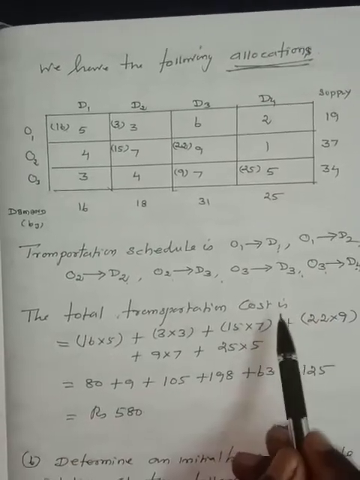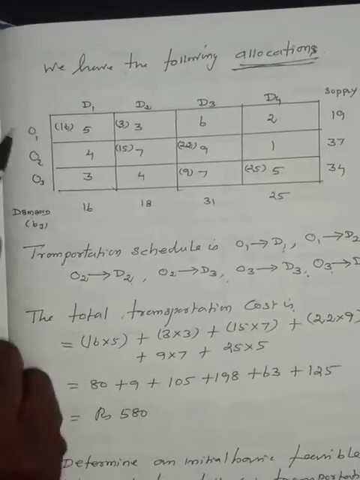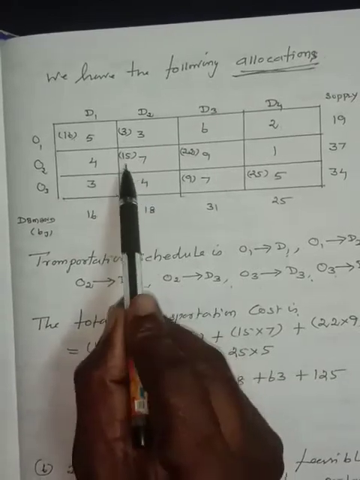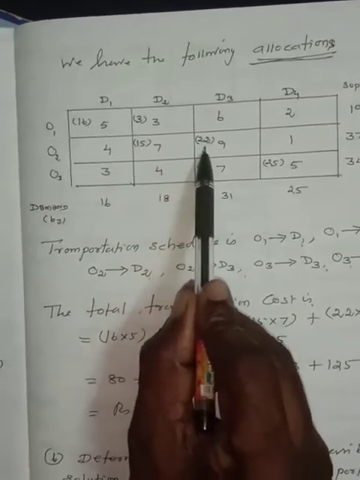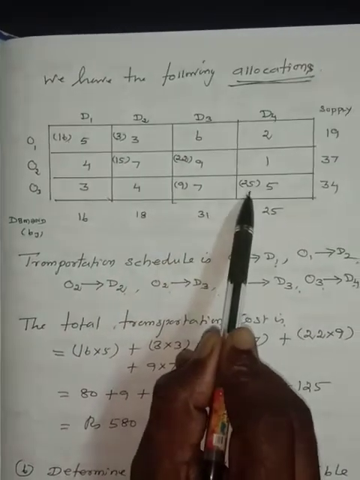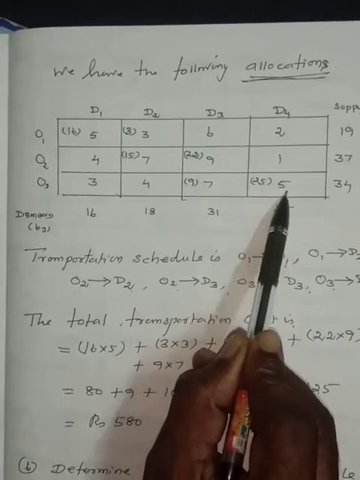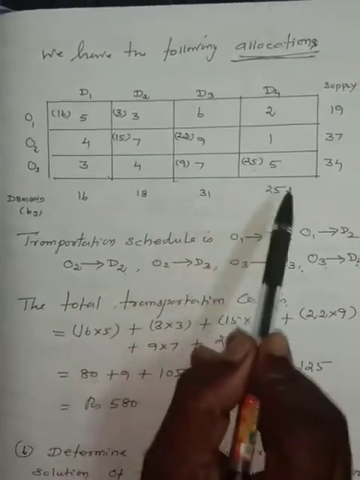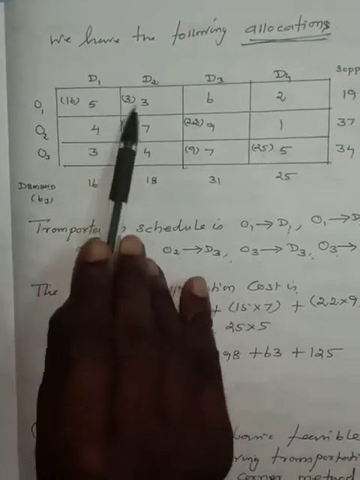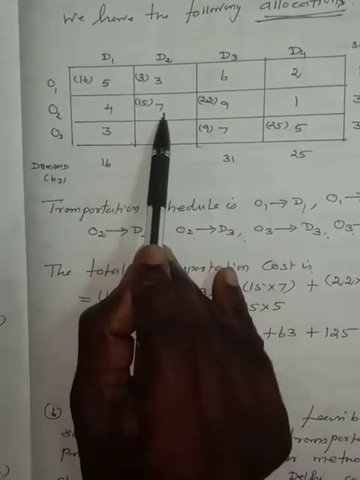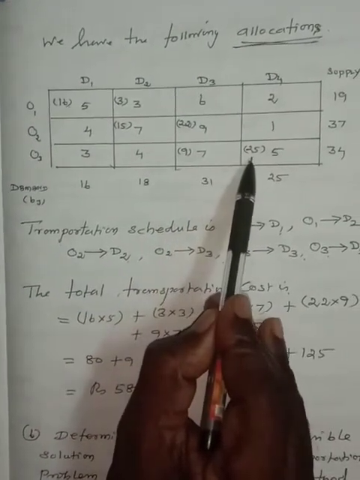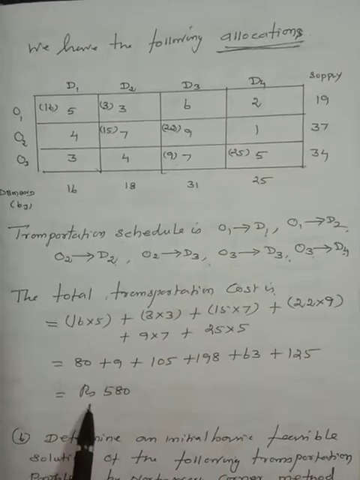Okay, total transportation cost: 16 into 5, next 3 into 3, next 15 into 5, next 22 into 9, next 9 into 7, last 25 into 5. Sum of all gives the total transportation cost. So 16 into 5 plus 3 into 3 plus 15 into 7 plus 22 into 9 plus 9 into 7 plus 25 into 5 gives rupees